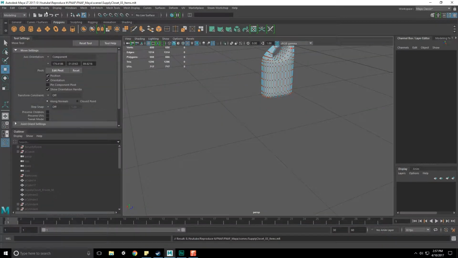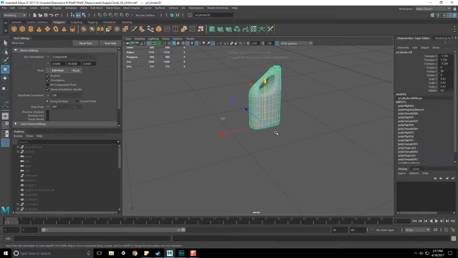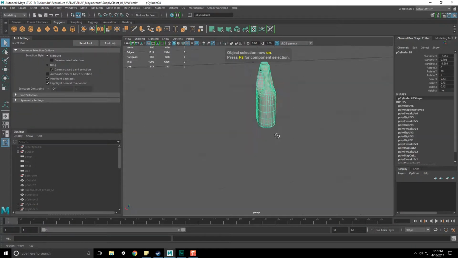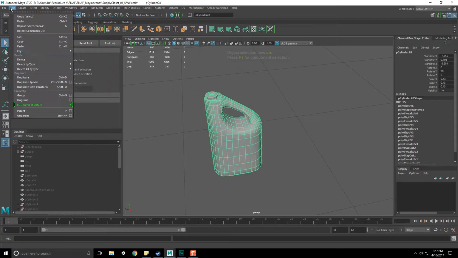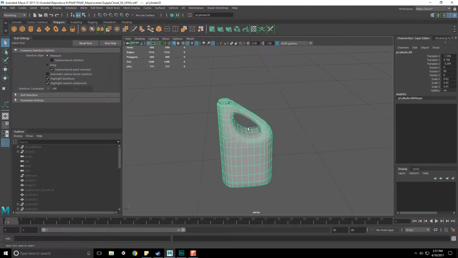Let's actually go to File, Save As, and just make this a new one, 04, and call this UVWs. Okay, so we've got that going for us. I'm going to edit, delete by type history on that. And now that we have that bit done,